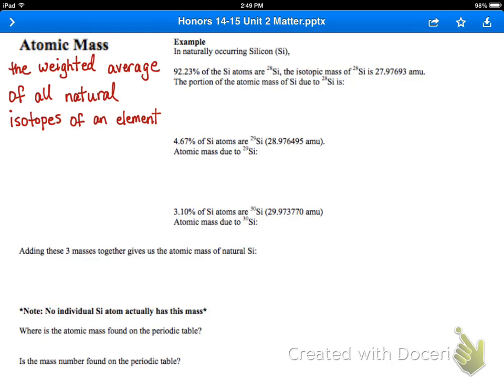A weighted average is an average that takes into account the various masses of different isotopes. So for example, 92% of natural silicon is silicon-28, and 4.67% of natural silicon is silicon-29,